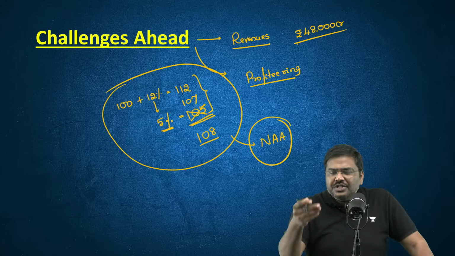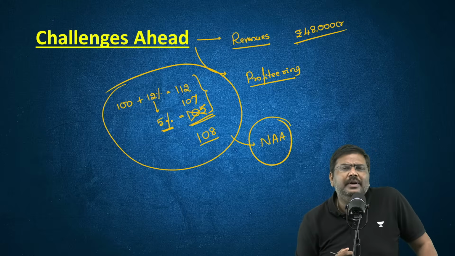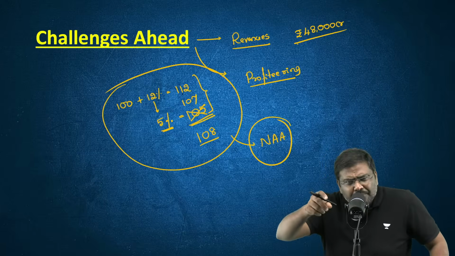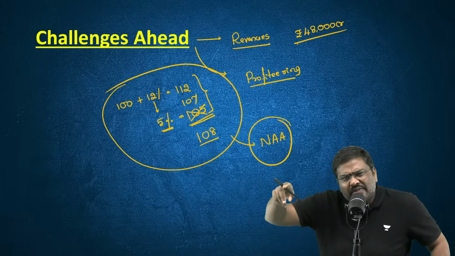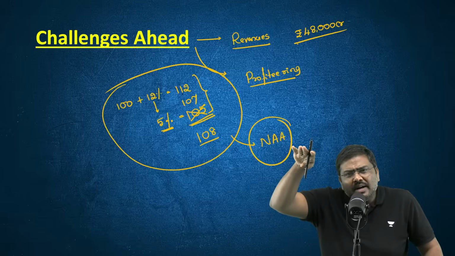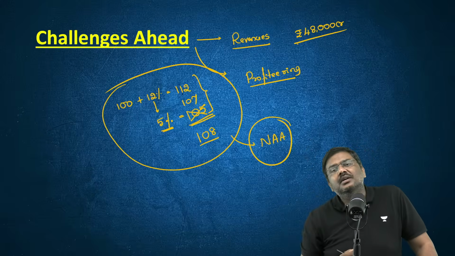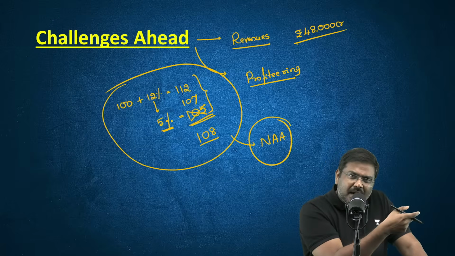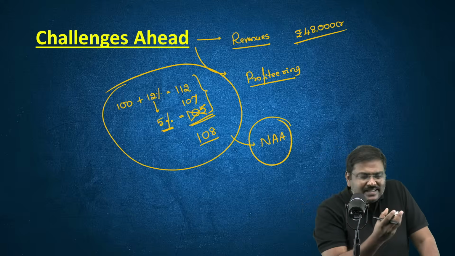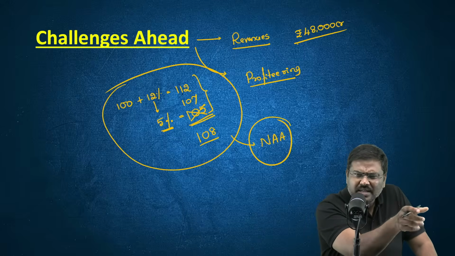Reason was, initially when the National Anti-Profiteering Authority was established, the argument of the government was the market is competitive. If one company will profiteer, other companies will transfer the complete rate reduction to the consumers, which means their products' market prices will be much lower. They will end up getting a lot of consumers. And if this company doesn't reduce the price by appropriate number, then they will end up losing consumers. So that is the reason for certain time period, only for certain time period, anti-profiteering authority was established